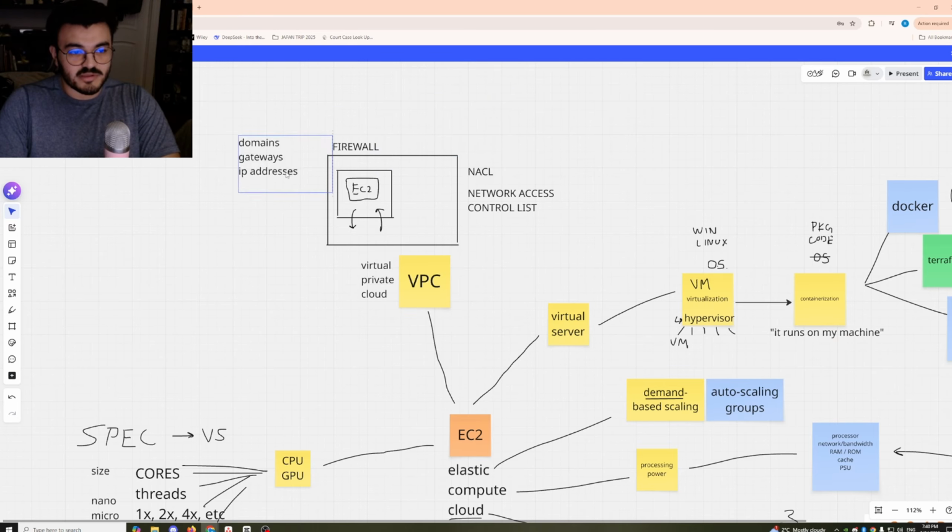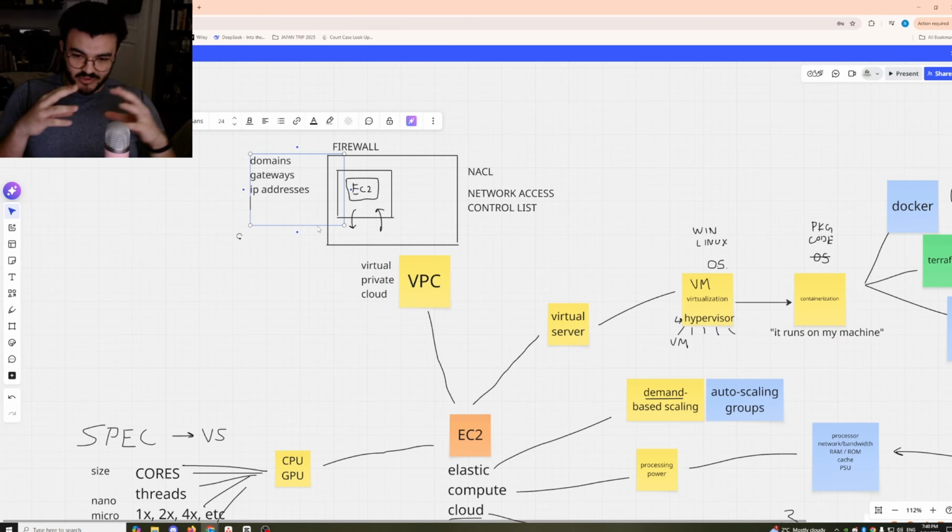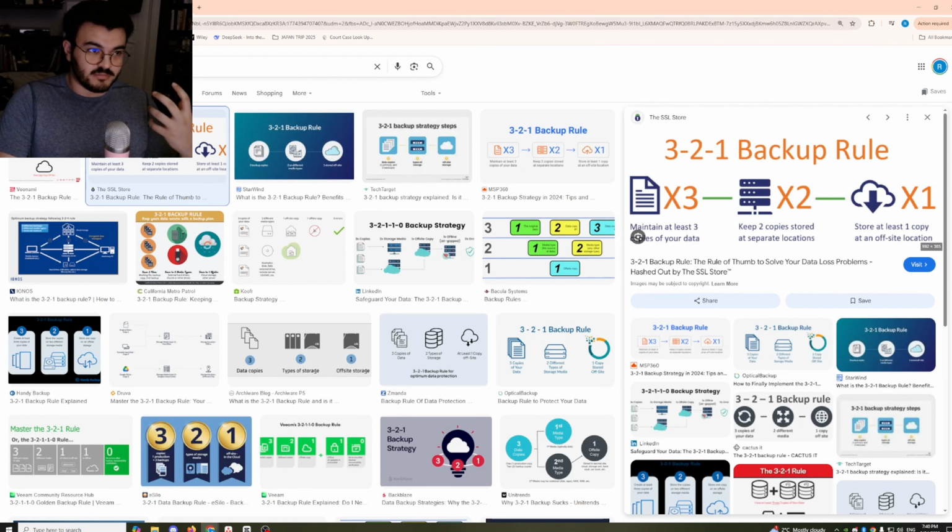Domain, gateways, IP addresses. What else? It's literally like I'm looking for the word that describes all the IP addresses that you can use. There's a word for that. Okay, now I'm giving up.